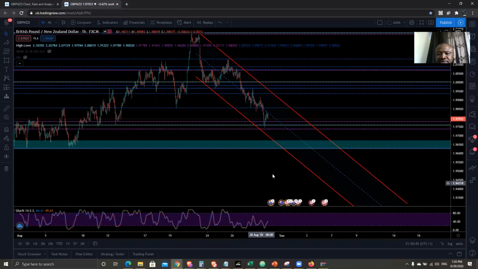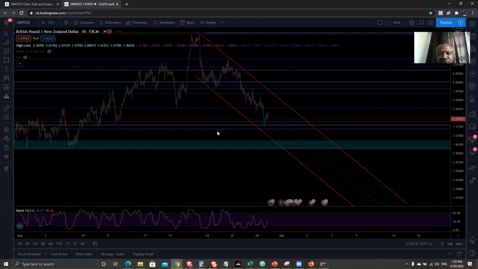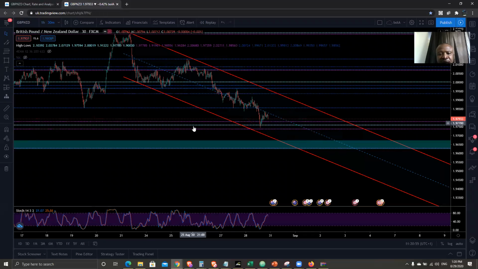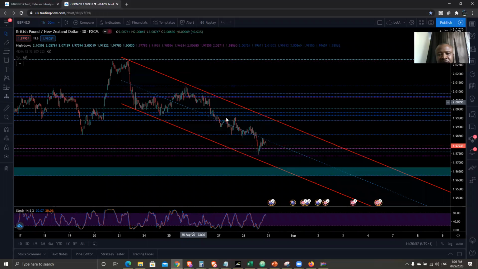For now, this area might be holding up the price, but if we can't see any reason for trend reversal, which I haven't seen for now, what I'll be looking at is this low and this high. I'm looking at whether we can form a higher low over here that will come and take out this high, on this 30-minute chart. So until we see that, I will still be bargaining down here for now.